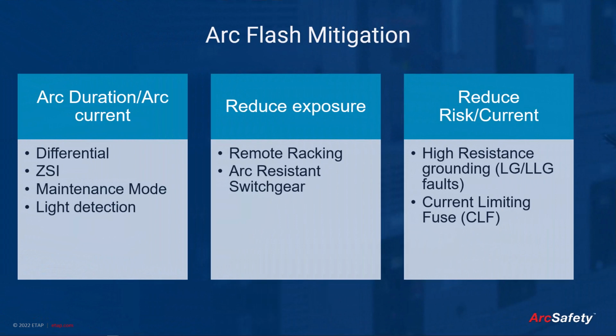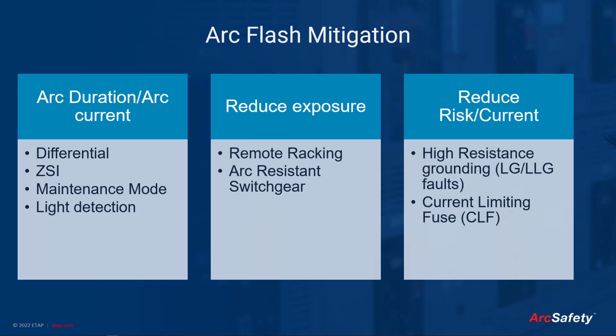So in addition, once the analysis is performed and we have your worst case incident energy, ETAP also offers several mitigation techniques such as differential protection, zone selective interlock for solid state tripped units, maintenance mode, light detection, and for working distance related, we also have remote racking and arc resistant switchgear. And also to reduce the risk, we could also have high resistance grounding and current limiting fuses as mitigation techniques